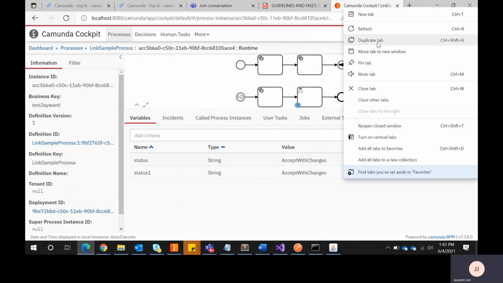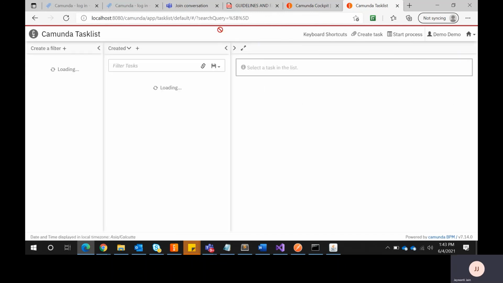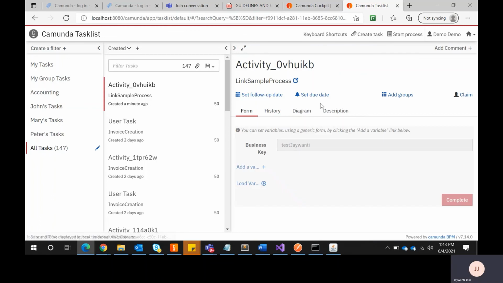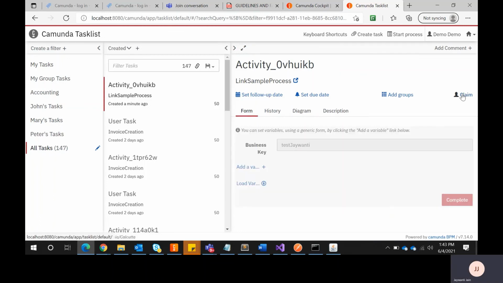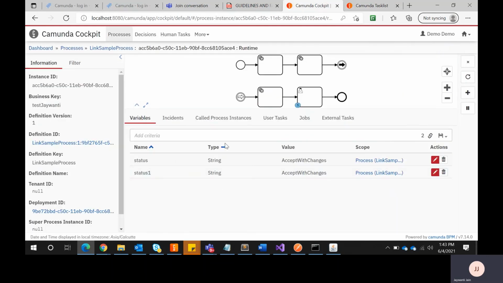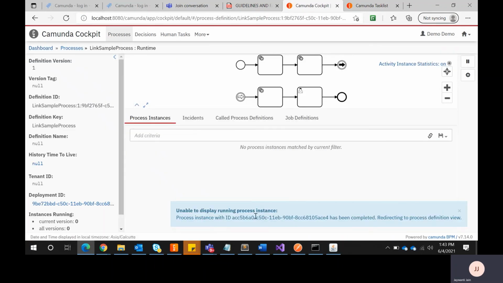Okay, I'll duplicate this tab, and you can see the diagram is waiting here. If I take an action and complete the process, this process instance will not be there anymore, because it is completed and it ended the process successfully. You can see the process instance has been completed.